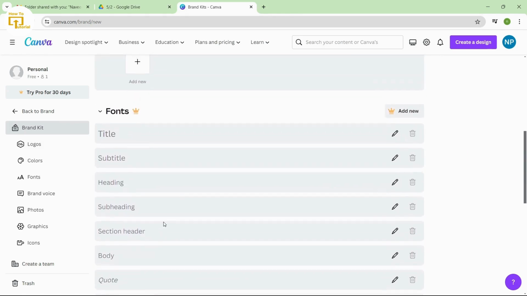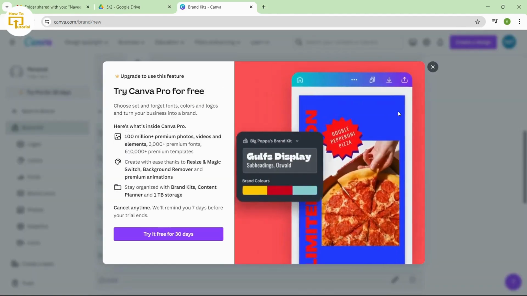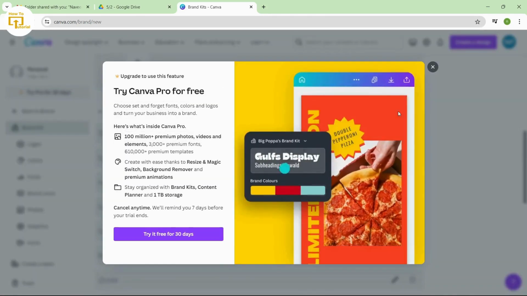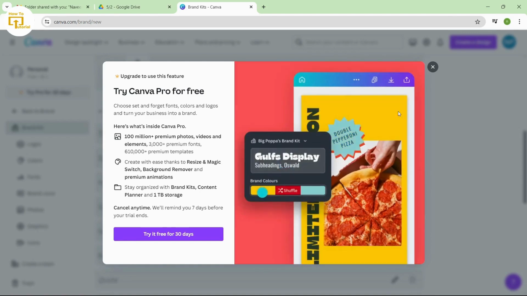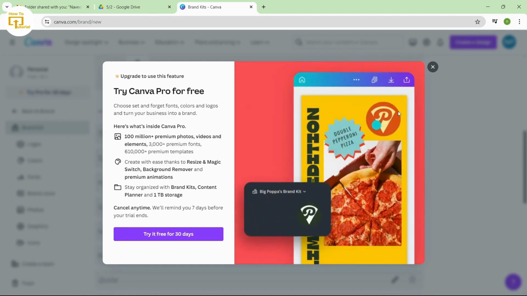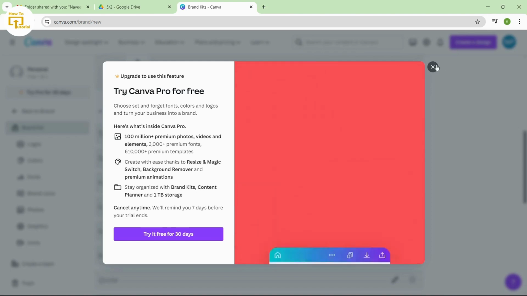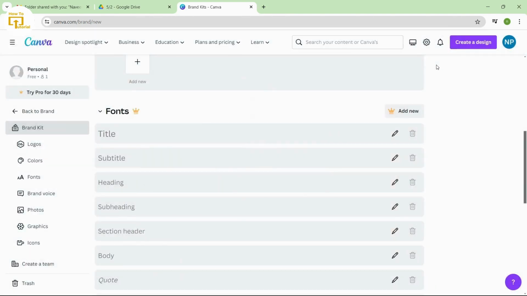So now to add new fonts, what you can do is just simply tap on add new, and after tapping on add new, now you can add new fonts from here. To access this feature, you have to be a Canva Pro user. So if you are not a Canva Pro user, then you can't access this feature. So make sure that you are a Canva Pro user, and after doing that, just simply tap on add new